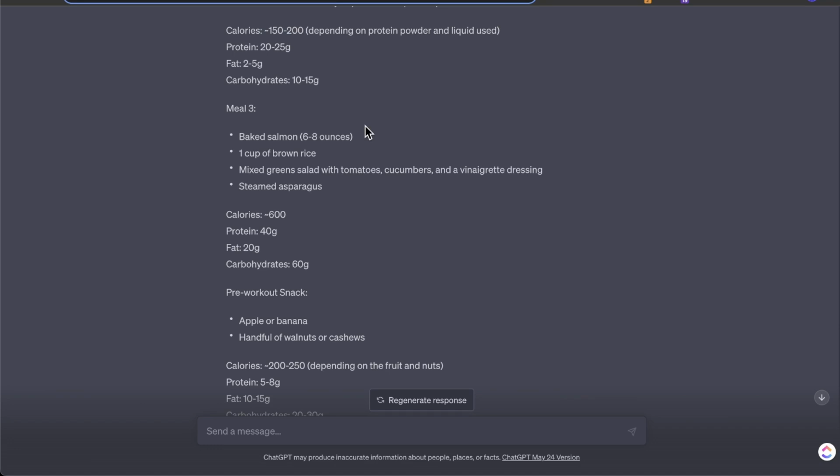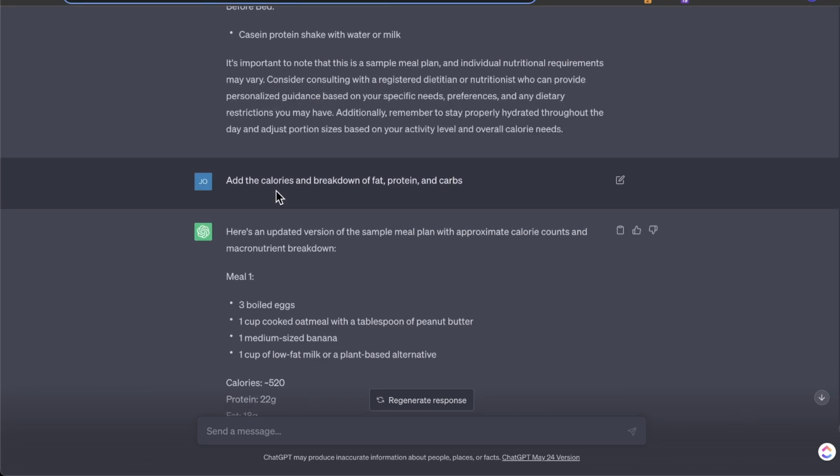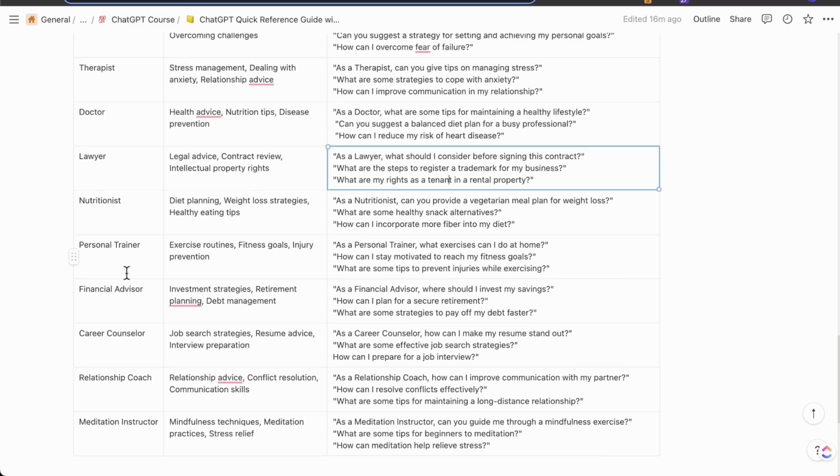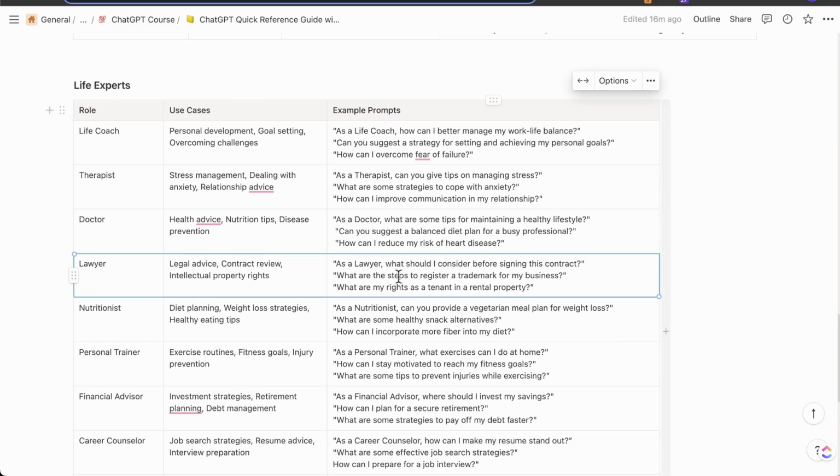Now, again, I'm not going to take this at face value and do this specifically. I'm going to take this as a starting board and then go to an actual professional nutritionist and have them refine it specifically for me. The idea is not to eliminate experts. Say, for example, the lawyer one, an NDA, be a lawyer and write me a legal contract. I'm not going to use that legal contract. I'm going to take that legal contract to a professional lawyer. He's going to charge me less now, and they're just going to give me notes to update it instead of having me do it from complete scratch.